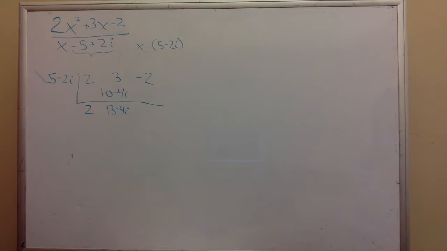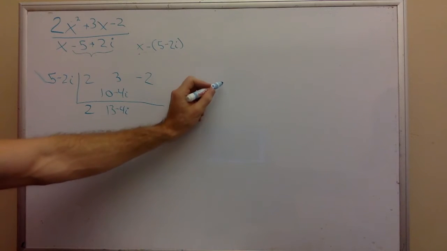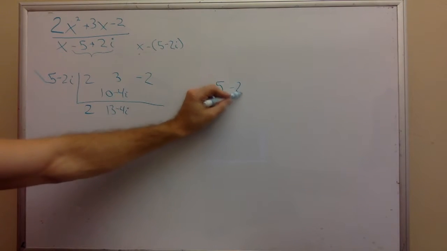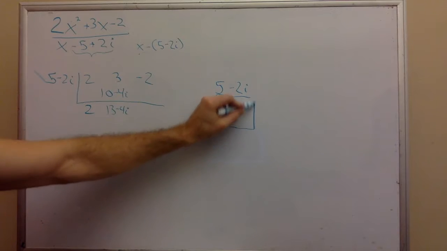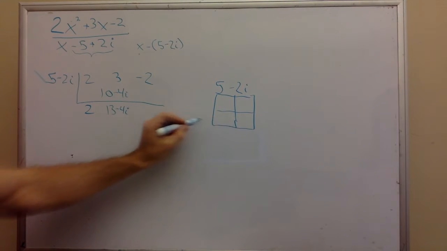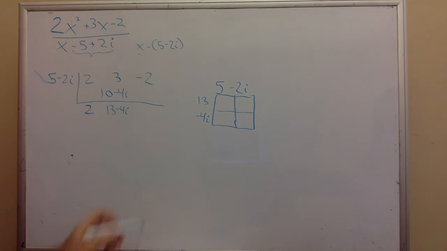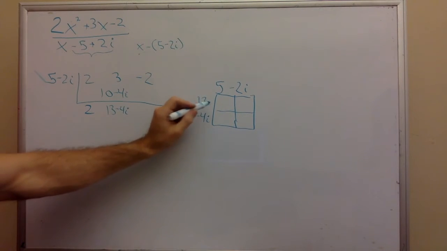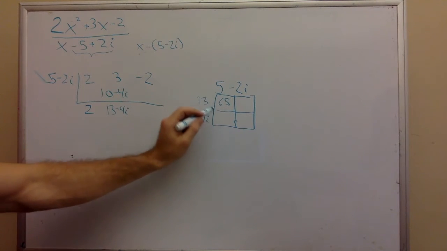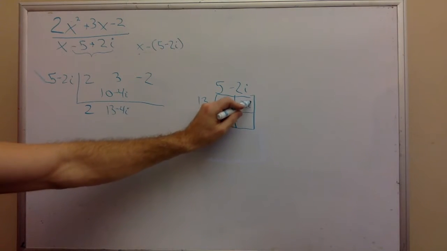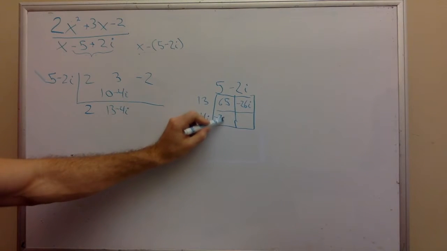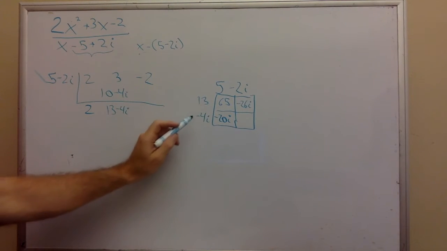Alright. Now I have to multiply again, but I'm multiplying two complex numbers this time, so that might be a little trickier. What I like to do when I'm multiplying two complex numbers like this is make a little box like this. I have 13 and negative 4i. So here I have 5 times 13, 65, negative 26i here, negative 20i here, and then here I have negative